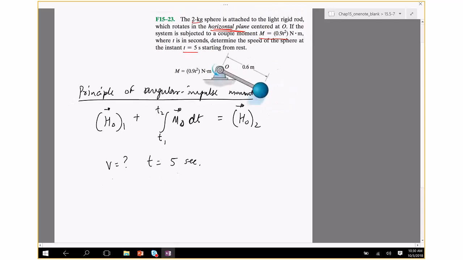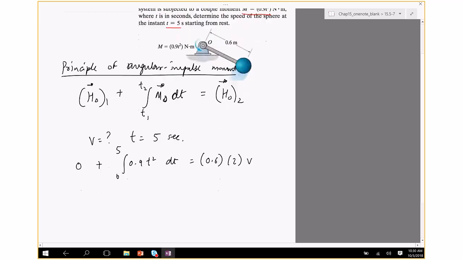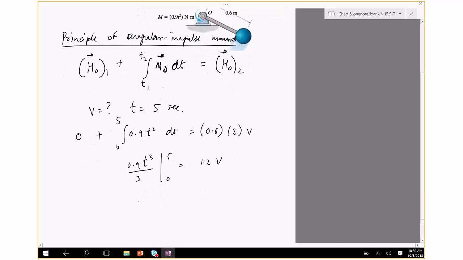Okay, so the initial momentum is clearly 0, plus, in this case there's no force, there's only a moment, so the integral of 0.9 t squared dt from 0 to 5 equals r cross mv. r is 0.6, mass is 2 kg, and velocity is unknown. So 0.9 t cubed divided by 3, 0.2 v, 0.1, so that's